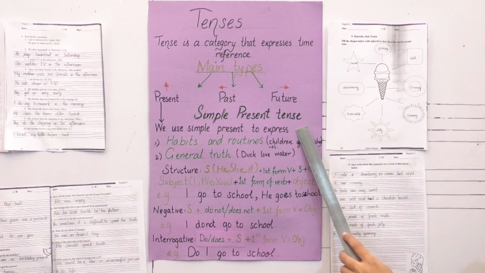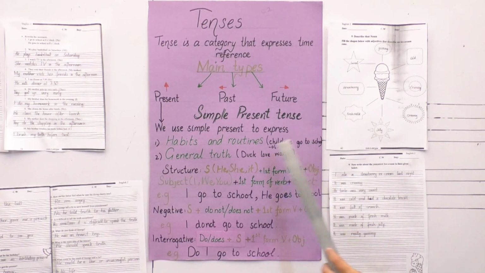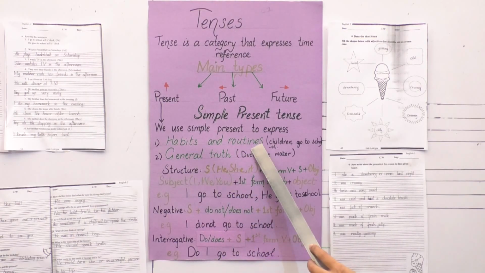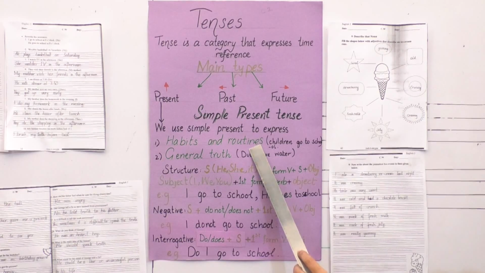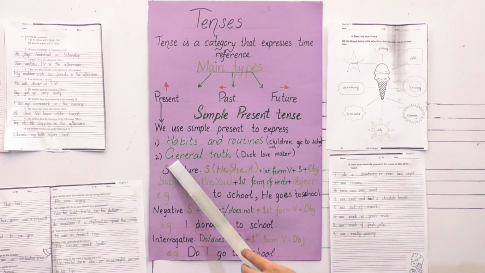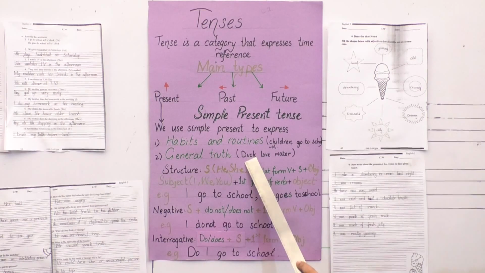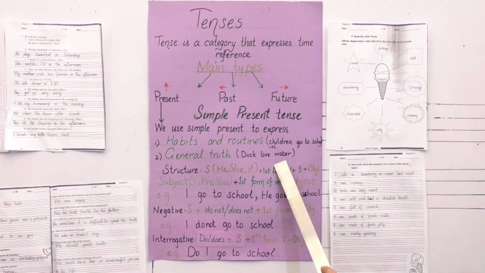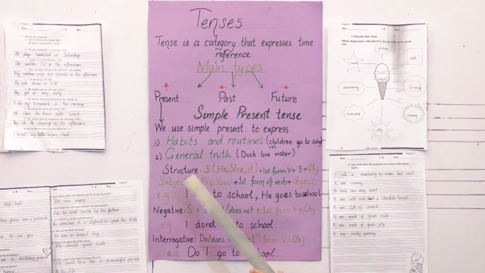What are simple present tenses? We use simple present tense to express habits and routines. Habits and routines. What we do in our daily life, like children go to school. Second, general truth. We tell the general truth in simple present tense, like duck loves water. Now the structure. In simple present